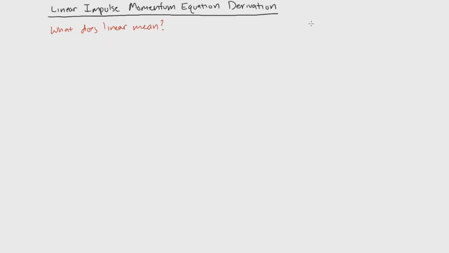Welcome back, everybody. Today we'll be deriving the linear impulse momentum equation. So the very first thing I want to do is define this idea of linear. Why is this adjective in front of impulse momentum equation? The reason is that we're going to look at how momentum changes relative